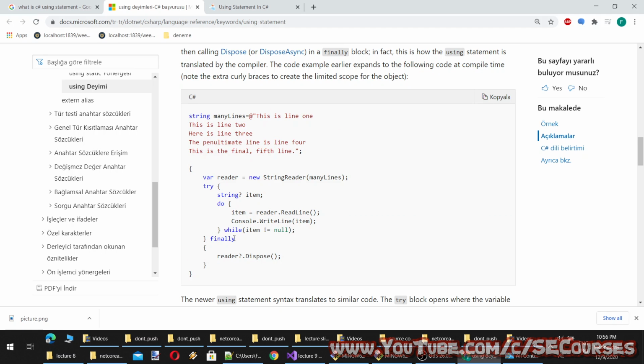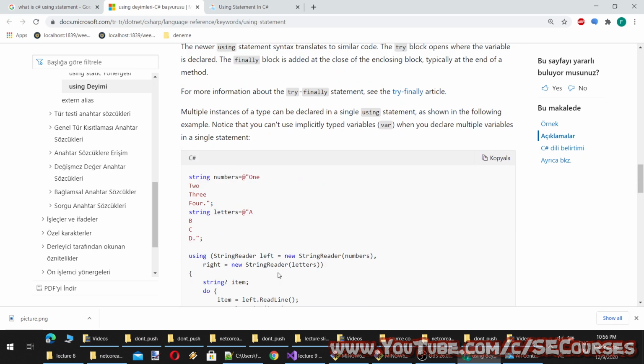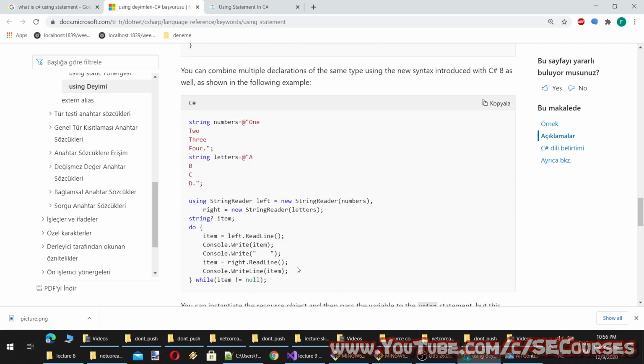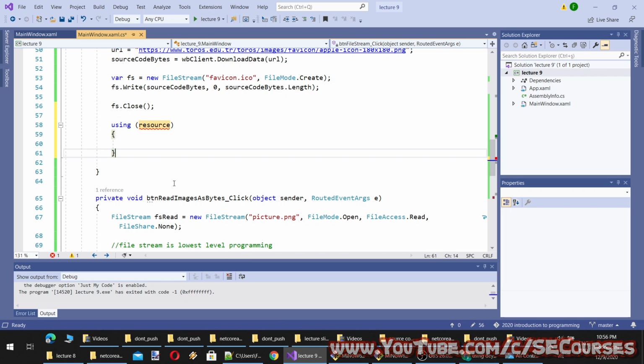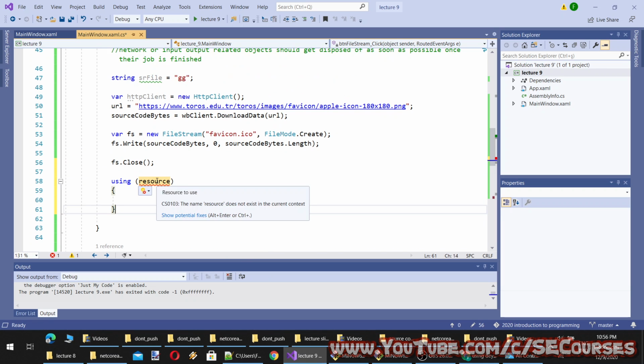So you see there is also try, catch, and finally. Finally is something that is executed after either try finishes or the catch finishes. So it is always executed, and the best way would be using like this. Let me show you. So using resource, as you can see,